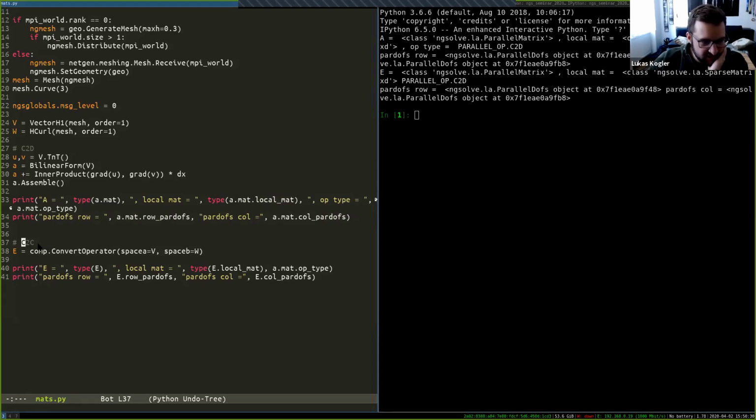And a second example, for a cumulate to cumulate operation, which is the other one you will probably deal with often. So we take this vector h1 and we take an h curl, and then we use this convert operator, which I've been working on recently. So this gives you an operator that takes a function in V and gives you a function in W. If V is a subspace of W, it's an embedding. Otherwise, it's an interpolation. The specifics here don't matter very much,